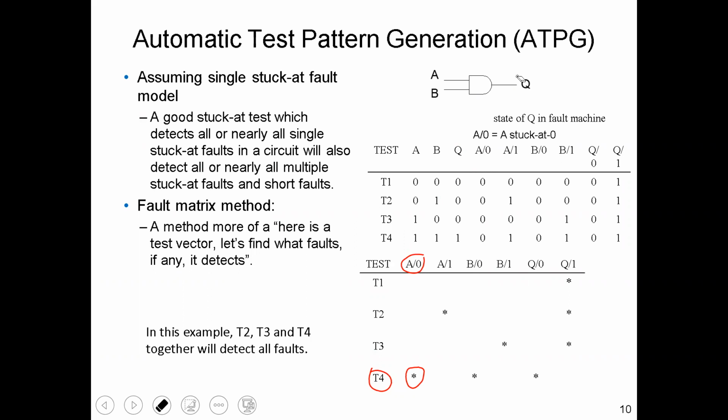Now let's consider stuck-at 1 fault at node A, stuck at 1. So if we apply 0, 0, node A is stuck at 1, so it's equivalent. We have 1, 0, so the output will be 0. But if we apply 0, 1,